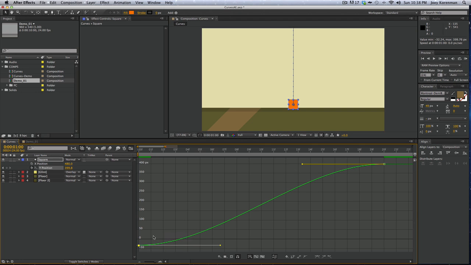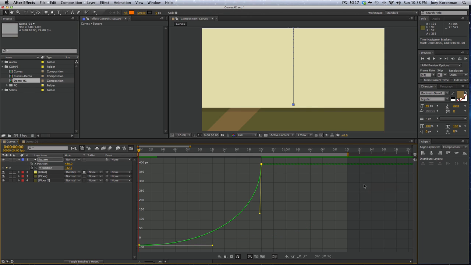So this first keyframe is pretty close to what I want, but I want this to feel a little bit cartoony. So I'm going to pull this out a little bit further. Now, this is not going to ease into the ground. It's not like there's a parachute on this little orange square. It's going to hit the ground and just come to a dead stop, basically. And that's what happens when things hit the ground. So if we preview this really quickly,